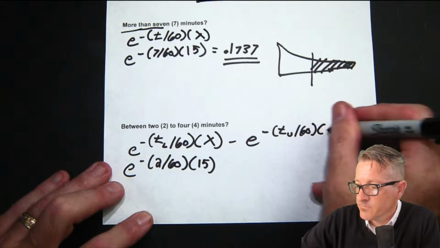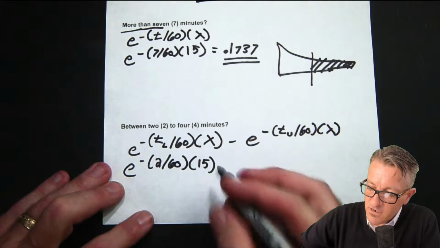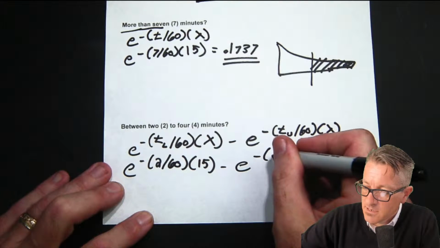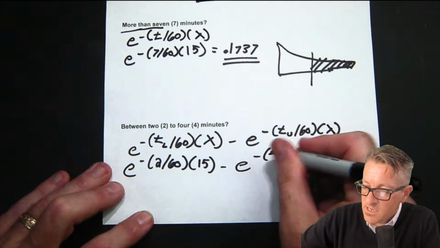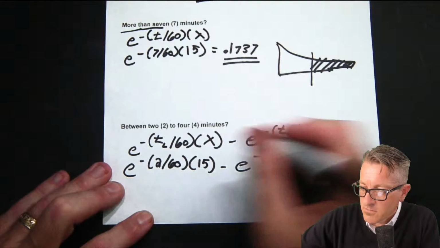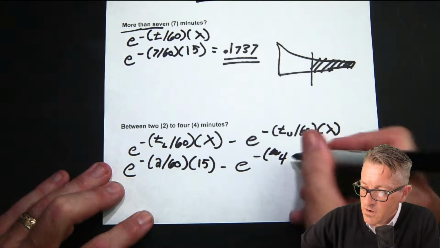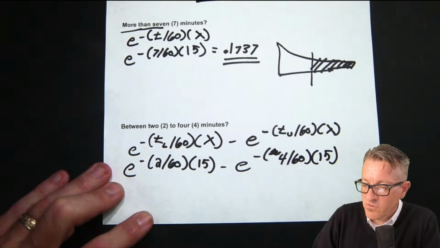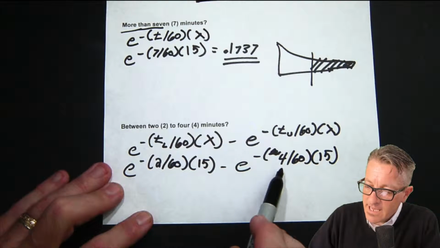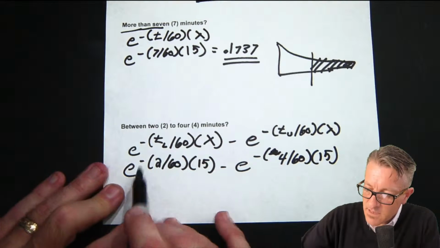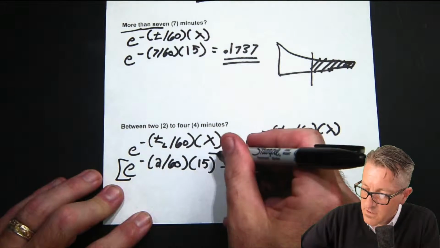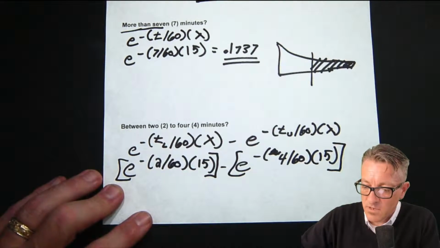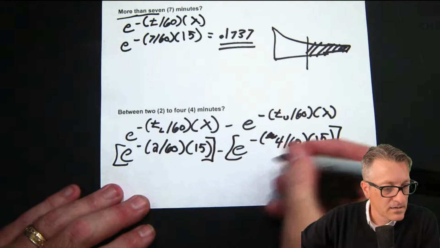and then lambda. Okay, so on this one over here, it would be e, and then it would be t. Sorry, the upper limit would be 4. I'm sorry, I'm in the demo mode here. 60, and then 15. So we have 2 over here, we have 4 over here, and this is the actual formula. Okay. And then we just go, and I'm going to write down the 2 calculated numbers.